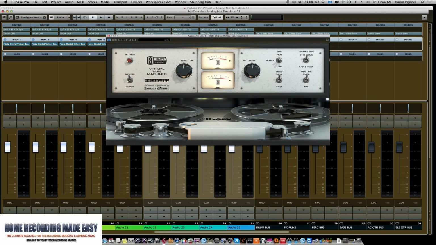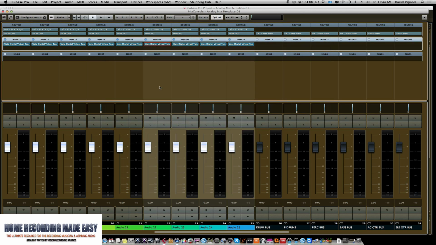Tape machine. And we're going to close them all. Okay, so we'll save this. So now we have it on all 25 tracks, and again, we may be using 22 tracks, we may be using